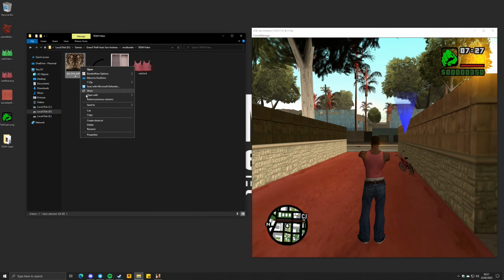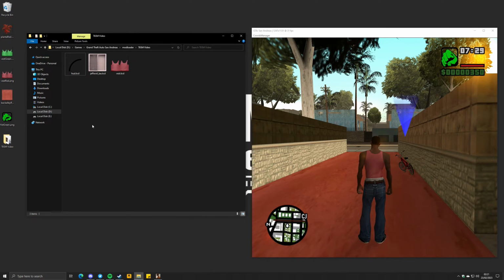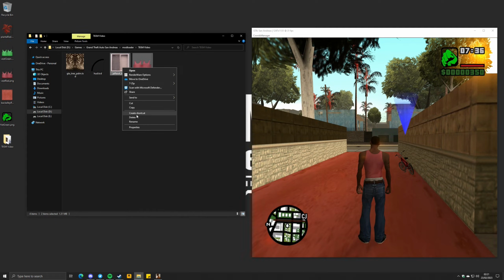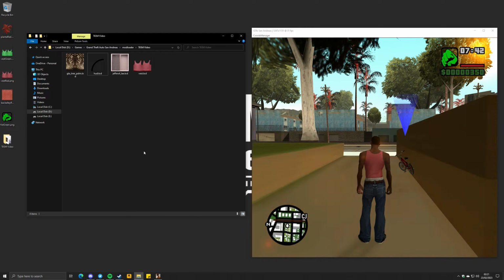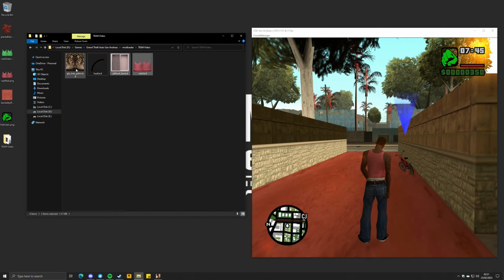Obviously, ASI plugins and Clio scripts can't be installed or uninstalled with the game running. This feature is mostly for models, textures, map placement files, map definition files, audio files, and some data files. We'll learn more about San Andreas file formats soon.